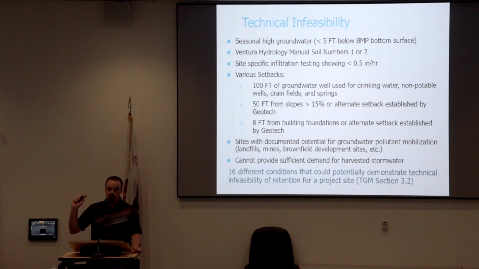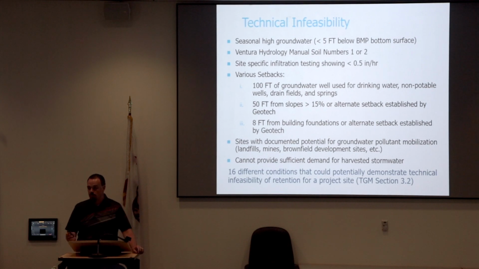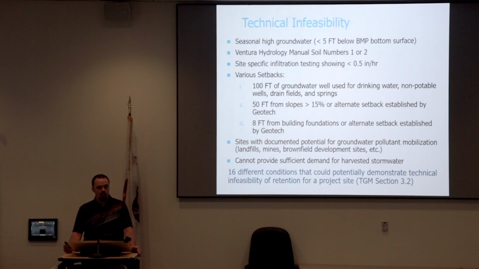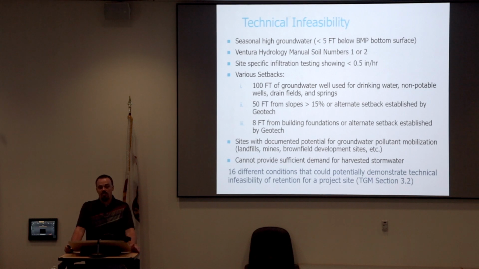Then you can refer back to some of the geotechnical websites on the soils and the groundwater that I gave you for references before the break to identify what that elevation is for your design. The soil numbers 1 and 2 I touched on, and then we have the site-specific infiltration testing. Your infiltration system has to be able to infiltrate faster than 0.5 inches per hour. That's field measurement. It's not your design rate, and we'll talk about how we incorporate safety factors into